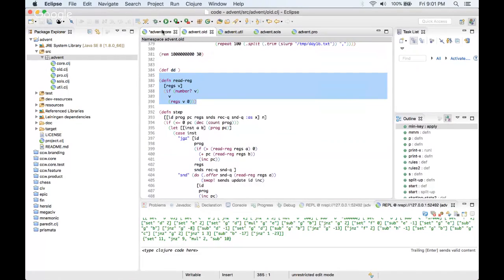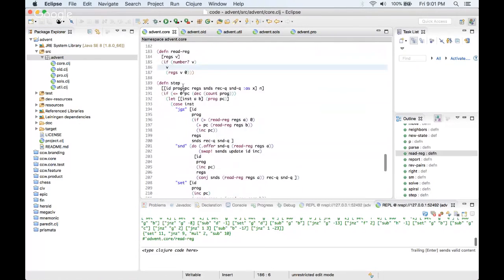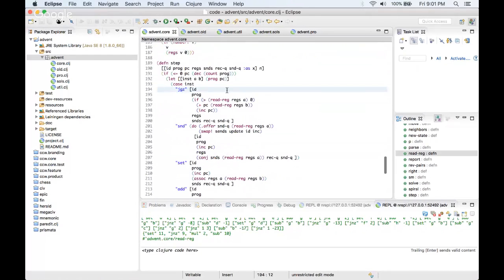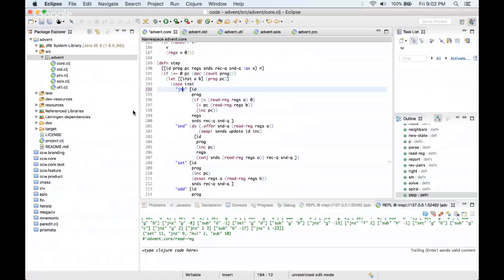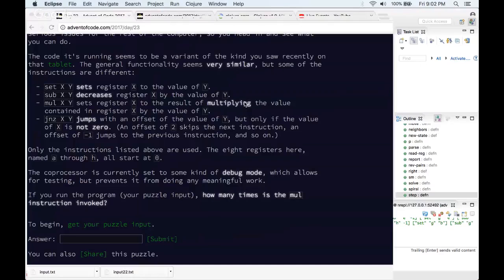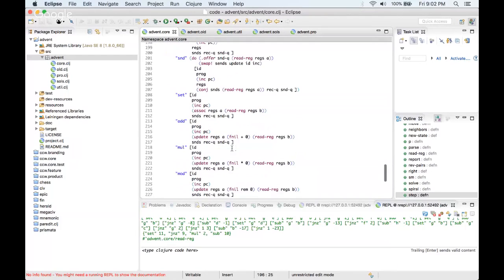Yep. Okay. All right, so we have our set. So we have jgz. This is actually jnz, so it's a not zero value. Okay, so we'll just say not equals here. Mul, multiplying the value by,